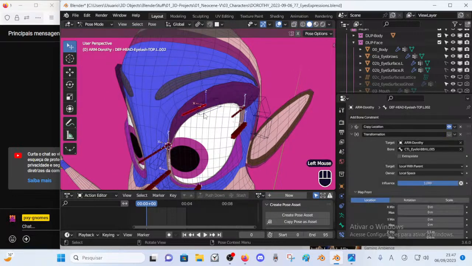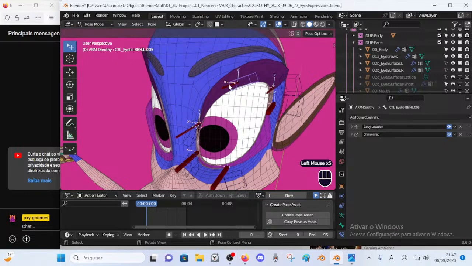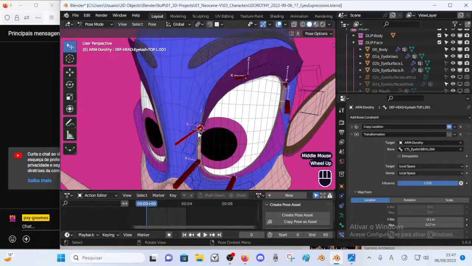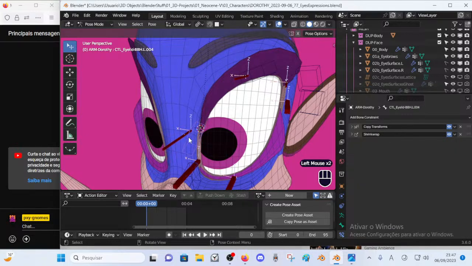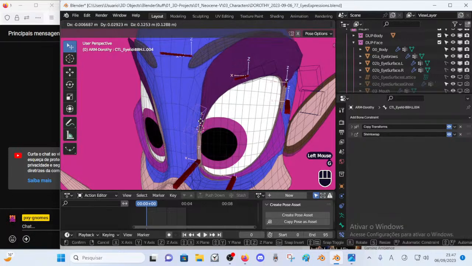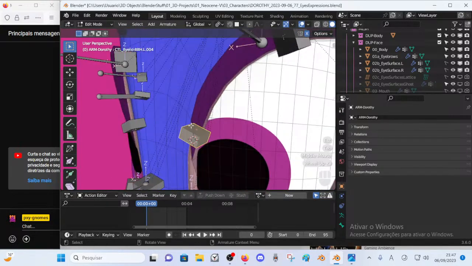So this is more complicated to start with. I started with the most complicated, these ones in the middle, because they have a different setup. Let's start with something like that. What's happening here? It's the same thing, except now the target bone for this transformation bone constraint is this one. As this bone moves up and down on its